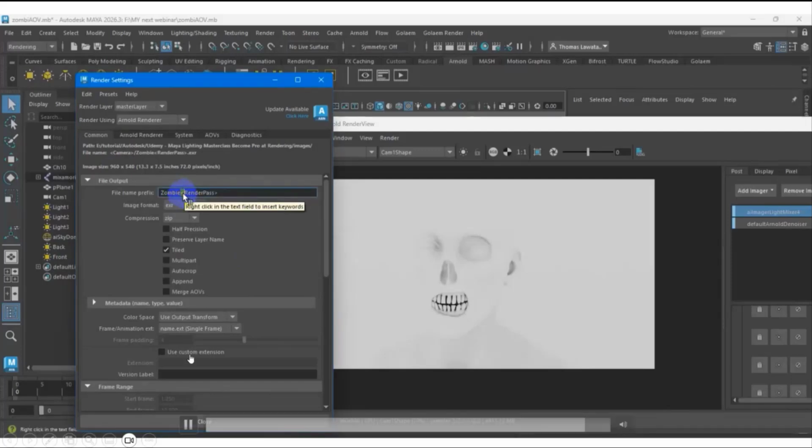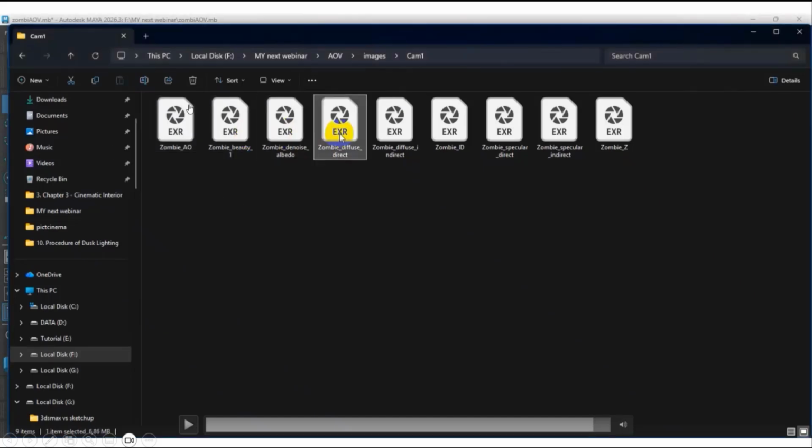You can follow the instructions. That's why this is the render pass name. This is the result: render pass AO, beauty, noise, diffuse indirect, ID, and so on. So you can bring it here to comp, or you can use Nuke to tweak this picture, the scene you have.